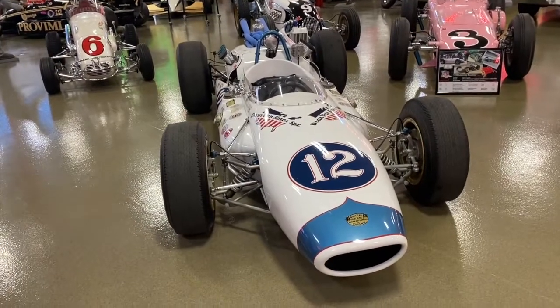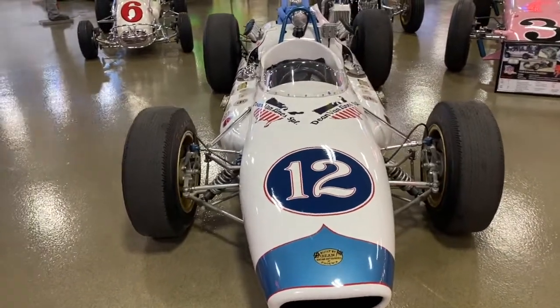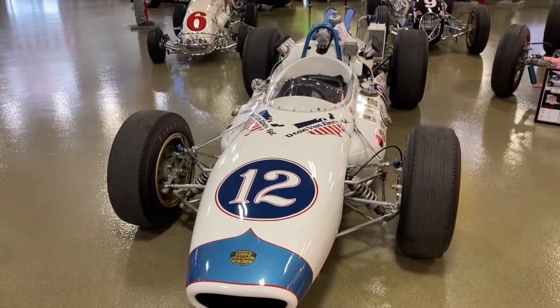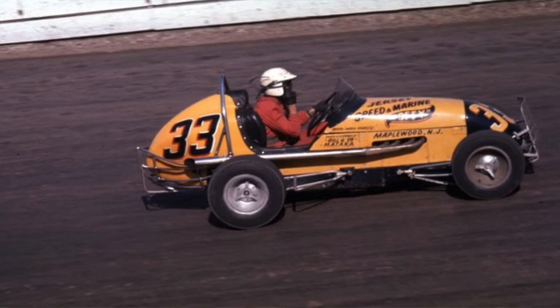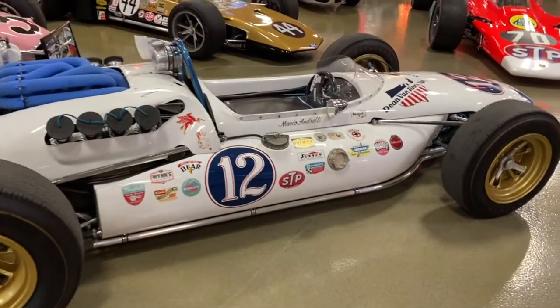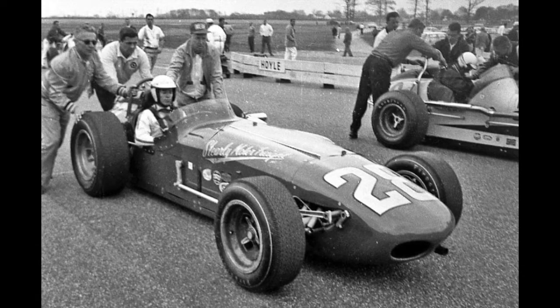Mario, of course, was a rookie at Indianapolis in 1965. But he was quite well known among the many railbirds. Of course, the year before, he had won the famous 3-1, winning 3 midget races on the same day for the Mercado brothers. In 1964, he drove a variety of roadsters, including the Stearns Motor Freight car,